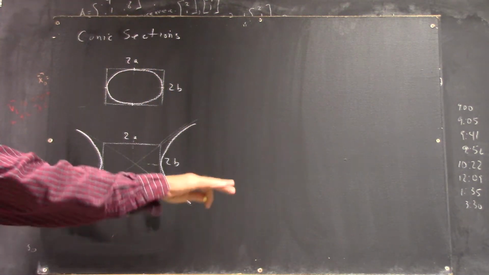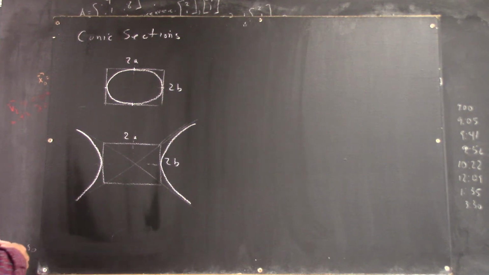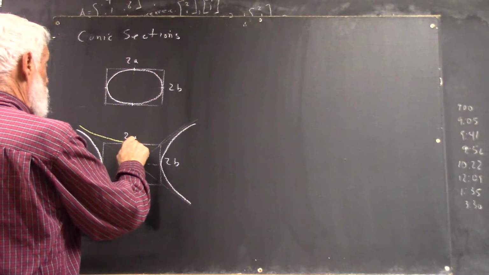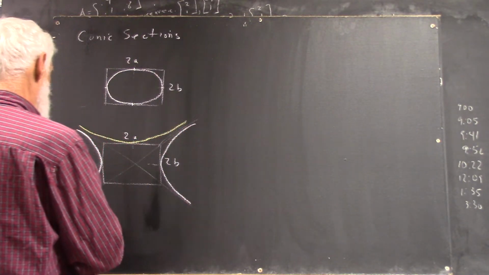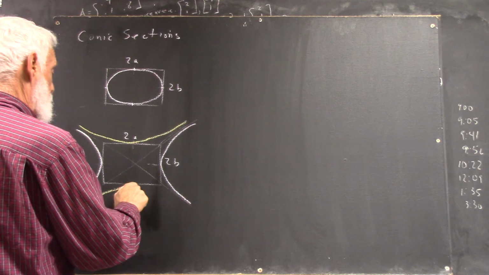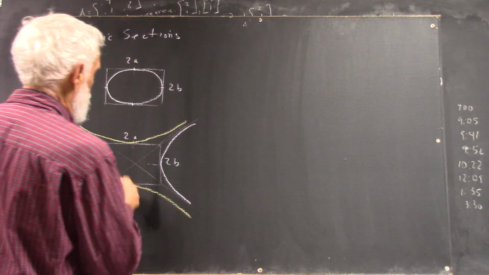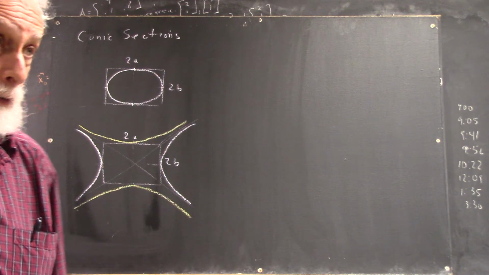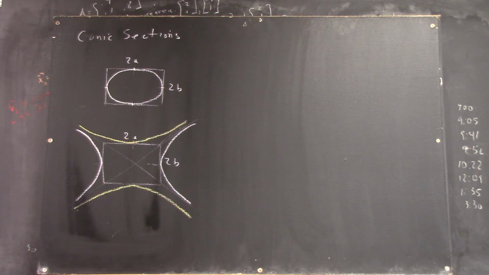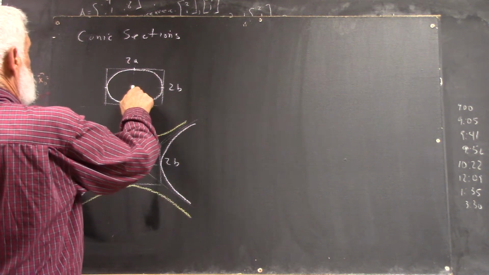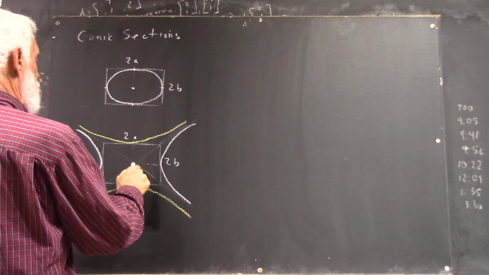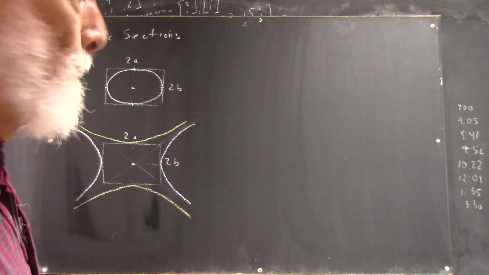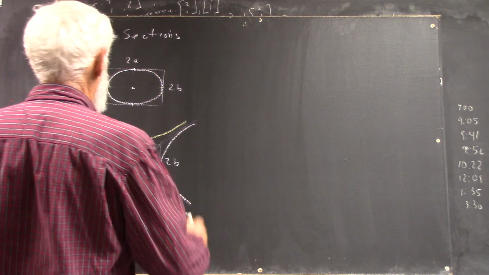Now that's a hyperbola opening in the x direction. You could also draw one the same way up here that opens in the y direction. I didn't quite get my point of tangency right there, but we have two hyperbolas, okay? Now, if the center of the rectangle happens to be the origin, then it's very easy to prove that the equation